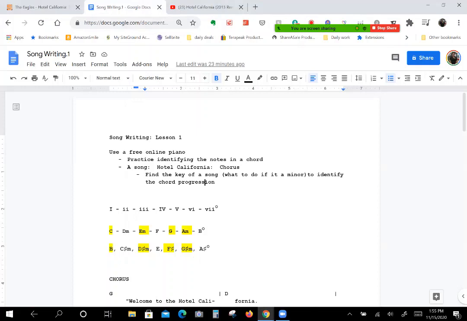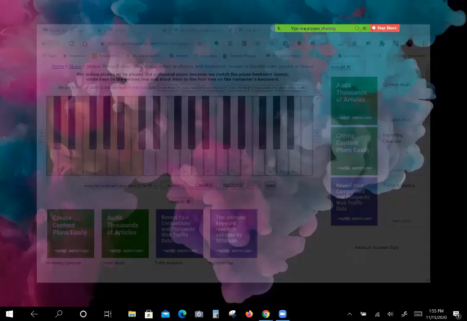Okay. What we like to do when we write songs, I know for myself, just because when we talk about chord progressions and how they work, I always write them in the major key. So a B minor has a relative major. So if we go back to the piano,